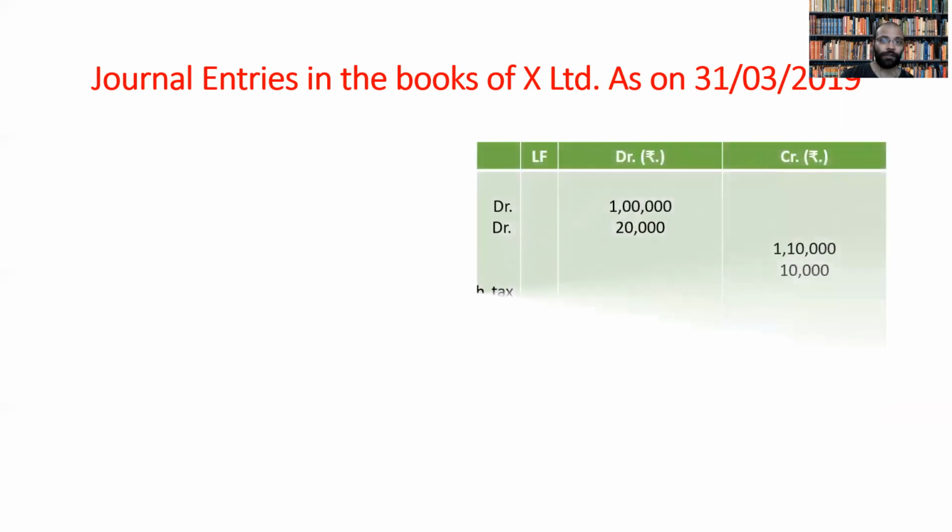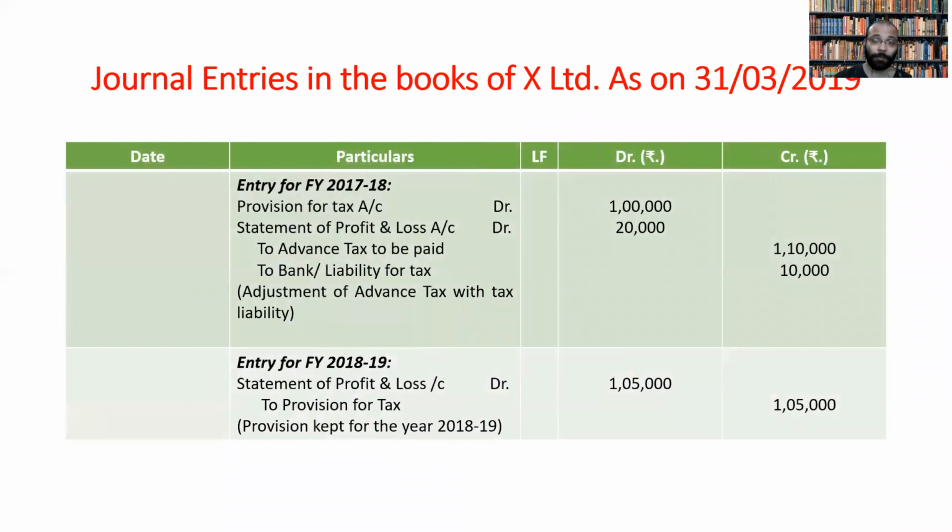So coming to the journal entry part, journal entries in the books of X Limited. The question is X Limited as on 31/3/2019. So that is the thing we are going to see. Now, coming to the journal entry, prepare 5 columns. That is date, particulars, then ledger folio. Since we are preparing journal entry, it's understood we have to prepare ledger folio. And then when we are preparing the ledger, we prepare the journal folio, isn't it? So date, particulars, ledger folio, debit rupees, credit rupees.